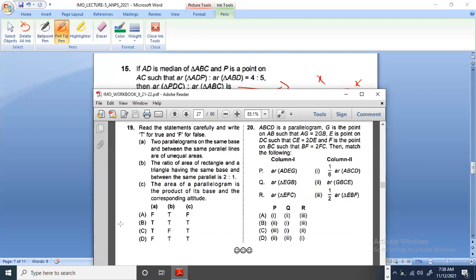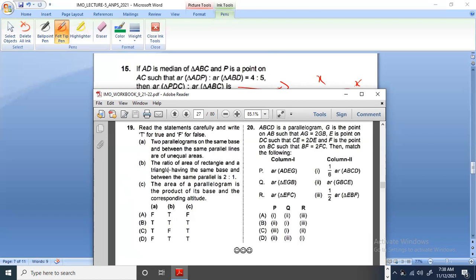Two parallelograms on the same base and between the same parallel lines are of equal areas. Between the same base and ... are unequal areas. So false, this would be equal. So one is false. Next, the ratio of the area of a rectangle and a triangle having the same base and between